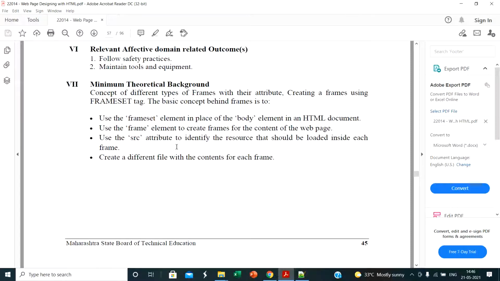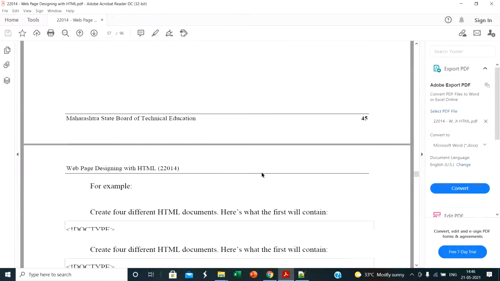Where we were defining the body tag, there you have to define frameset, if you want multiple web pages in a single web page. Then use the frame element to create a frame for the content of the web page. Then use the src attribute to identify the source that should be located inside each frame, and create different files with the content for each frame. So this is some theoretical background.